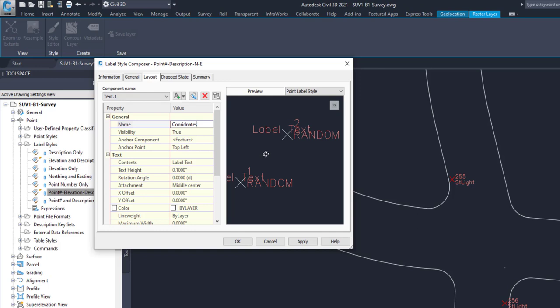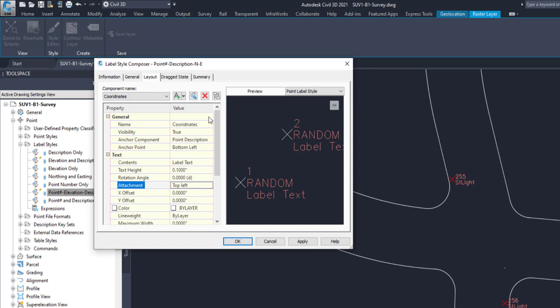And then I'll set my anchor component to point description, my anchor point to bottom left, and my attachment to top left. Having done that,